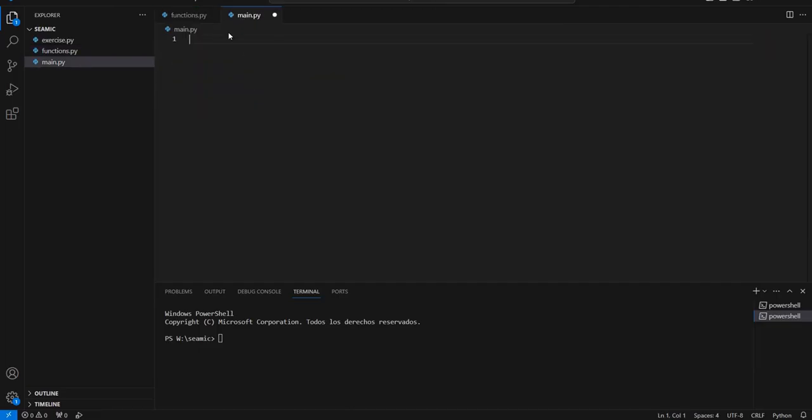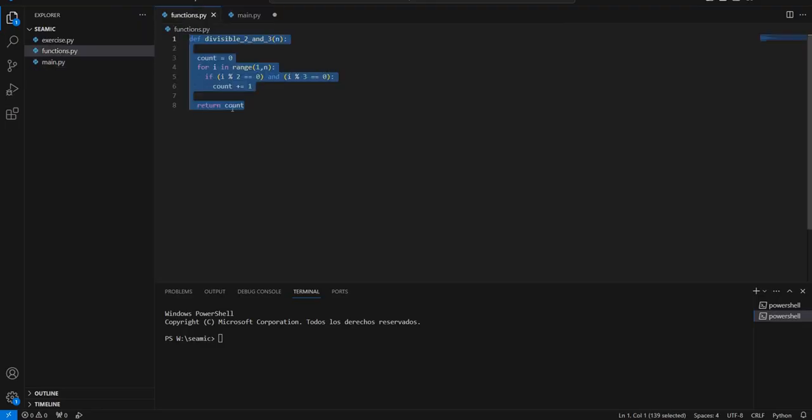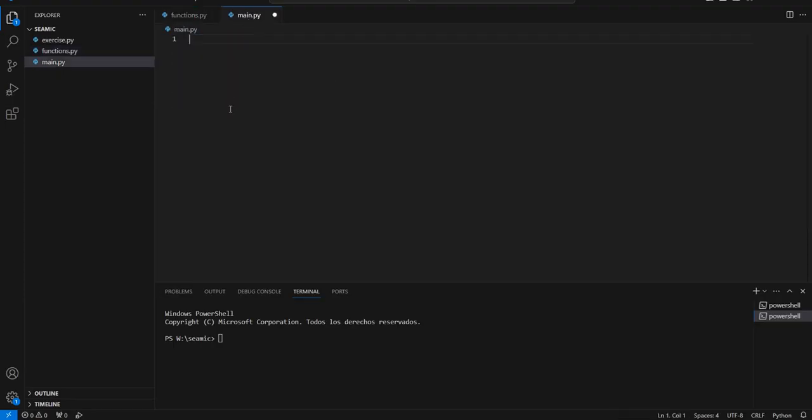So in this case, we want to call this function here. This function is named divisible_2_and_3 and receives some parameter n and returns some value. In order to call the function, we must put here the name of the function, the input parameter, and the result is taken in a variable. So if we want to